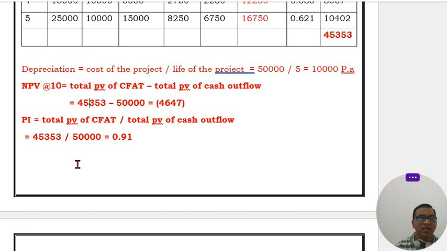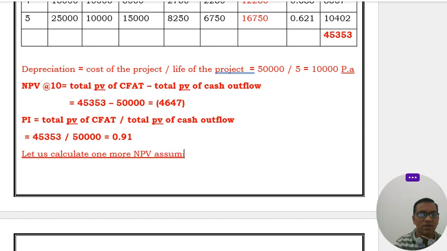And I will try at 8%. So let us calculate one more NPV, assuming